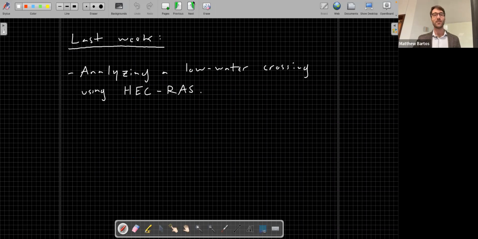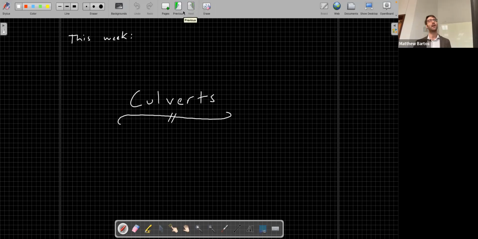We have an exciting topic for you today. Last week, we took our first steps at working on the course project by analyzing a low water crossing in HEC-GRASS. So you'll be using that for your course projects. It's also just a really important tool in general in hydraulic design. This week, we're going to take a step back and look at one of the most important parts of stormwater hydraulic design,